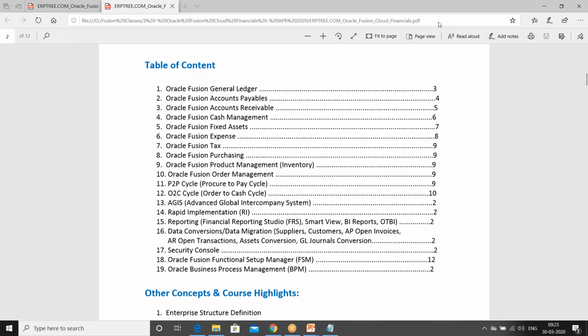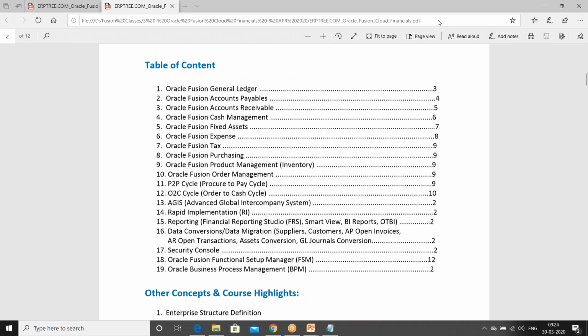If I include projects, I have to create all the project foundation, project costing, and project billing setups. Then only can we execute. If I create the project invoice in payables, supplier cost, we can see how it interfaces.